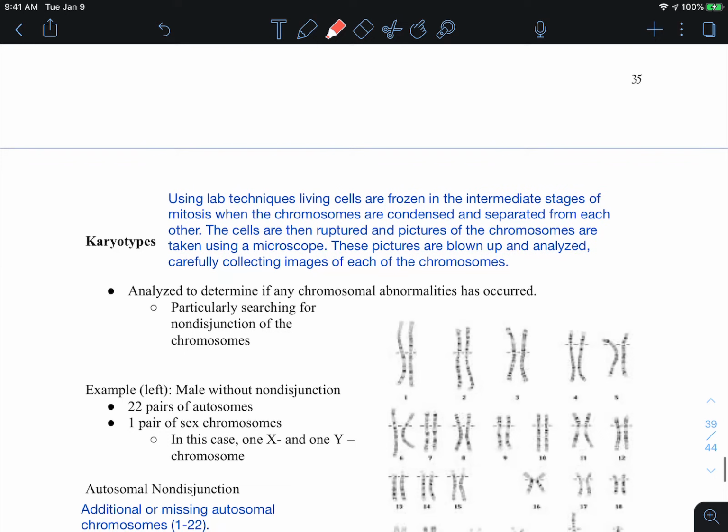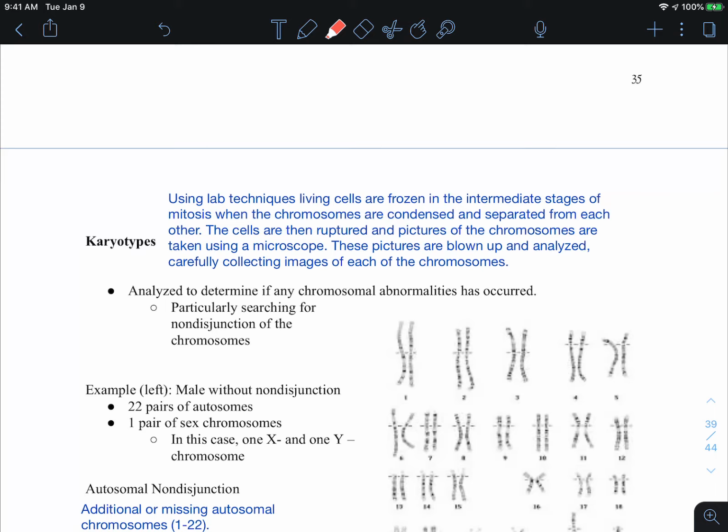These are often diagnosed using something called a karyotype. This is a lab technique where the cells are frozen in an intermediate stage of mitosis, when the chromosomes are condensed and separated from each other. And so by freezing the cells during that point and then also rupturing the cells, they can spread the chromosomes out a little bit, and they will take a large picture of all of these broken cells, and they can look at the different locations and essentially analyze each cell that they can find and try to cut